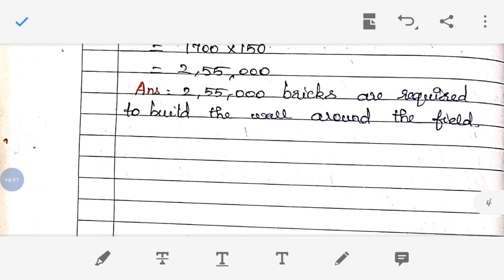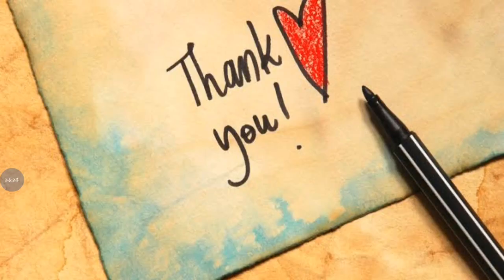So I hope whatever I have explained till now will be understandable. You all understand all the questions and the concept correctly. If you have any doubts, kindly watch the video again. Then it will be easy to understand. And practice more questions. Only then will maths be a very easy subject once you have started practicing more. Without practice, definitely it will be a difficult subject. So students, please practice as many questions as you can. It will be very helpful for you to understand it in a better way.